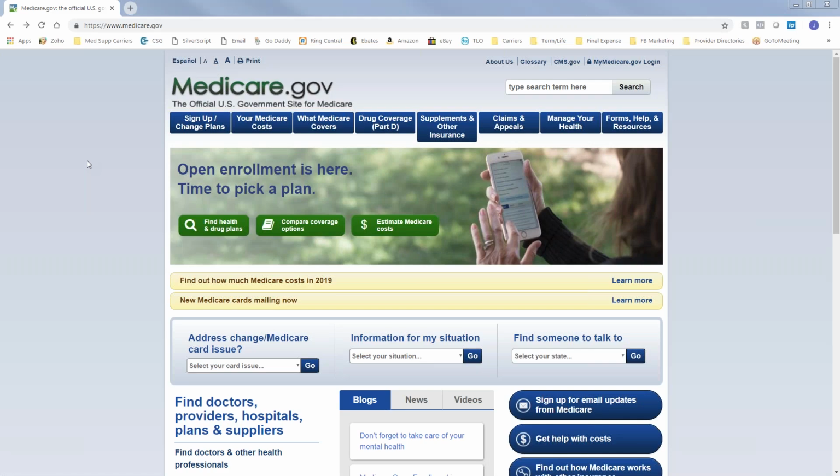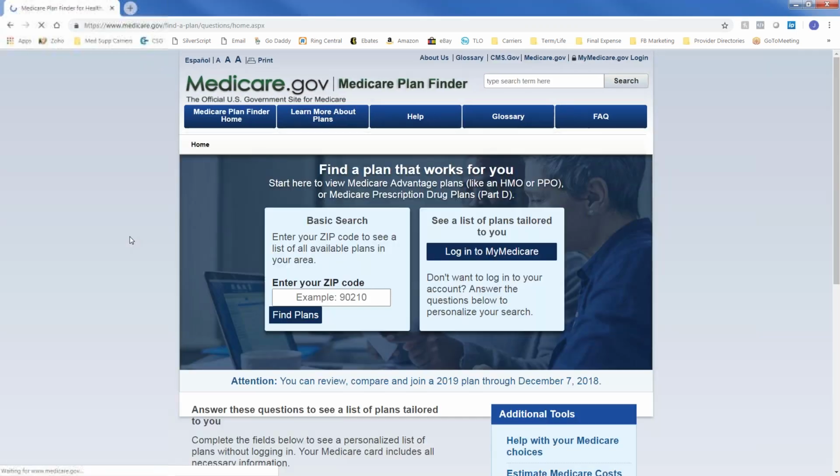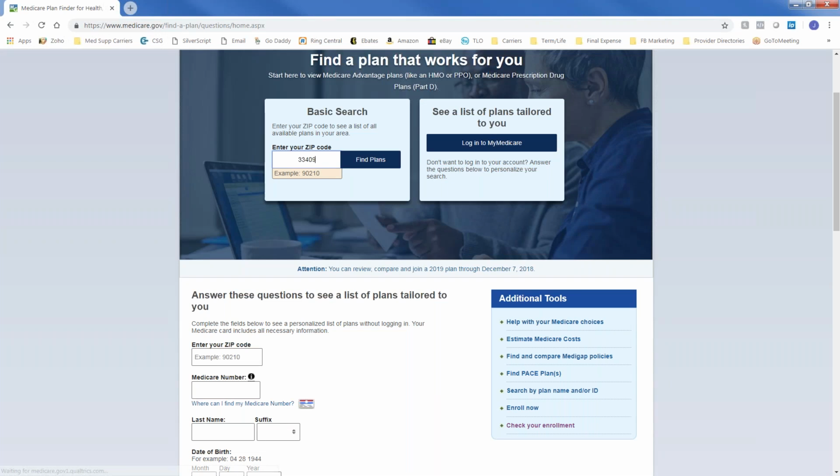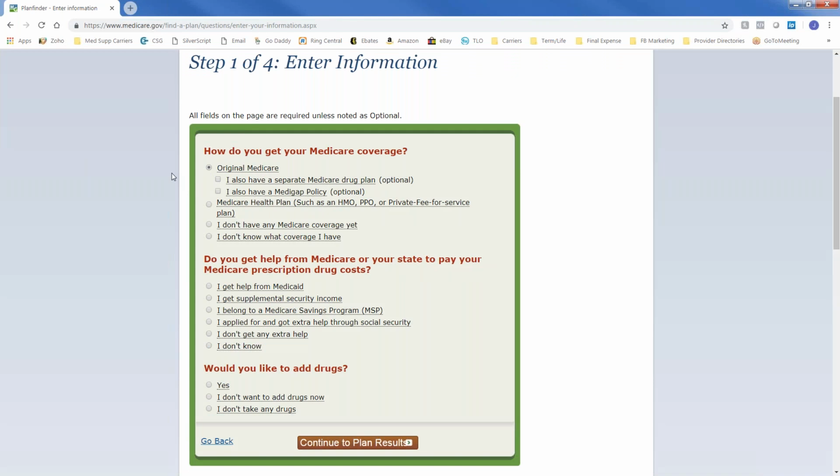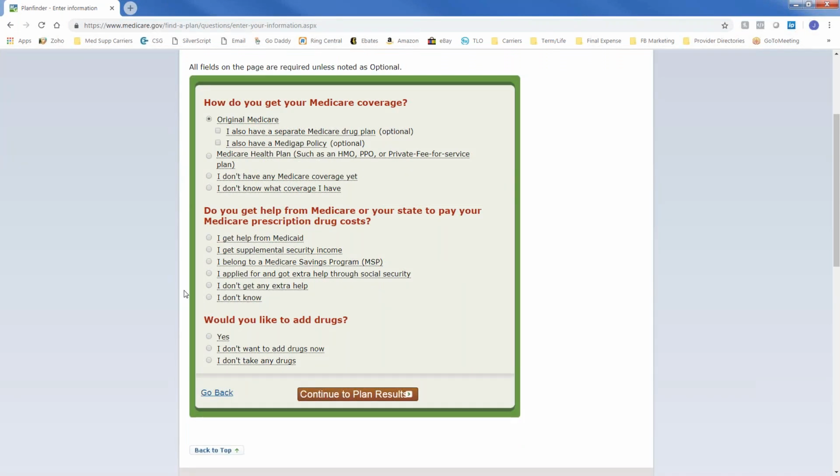We go to Medicare.gov. Right here, there's a green box that says Find Health and Drug Plans. Put in the zip code. I'm going to just use mine. You want to click Find Plans. Now here's the key. The key is right here. So in the top box, I always click Original Medicare. Okay. In the middle box, since this is a